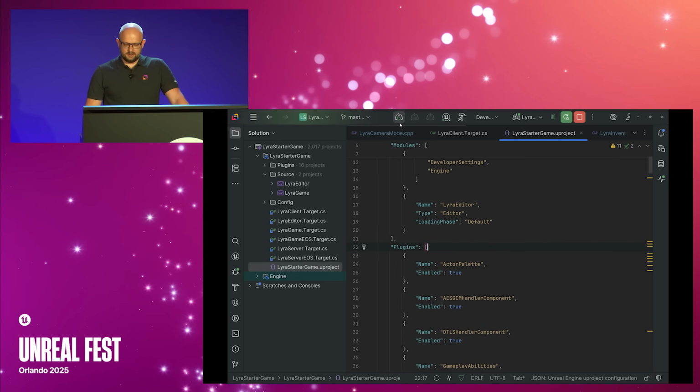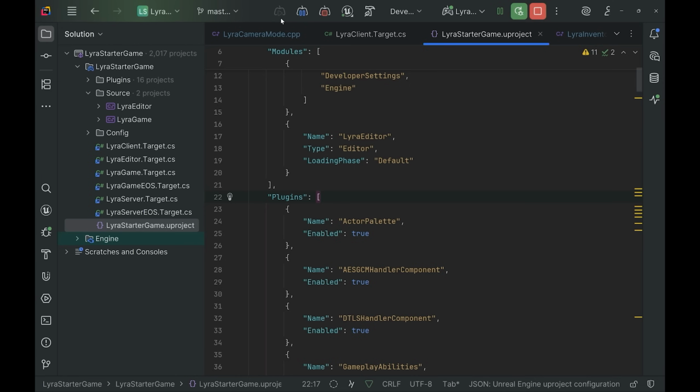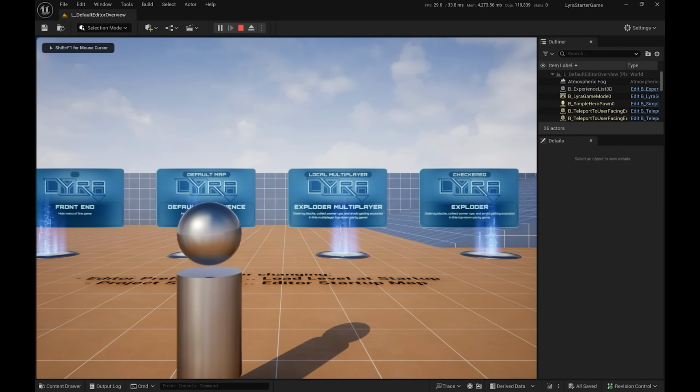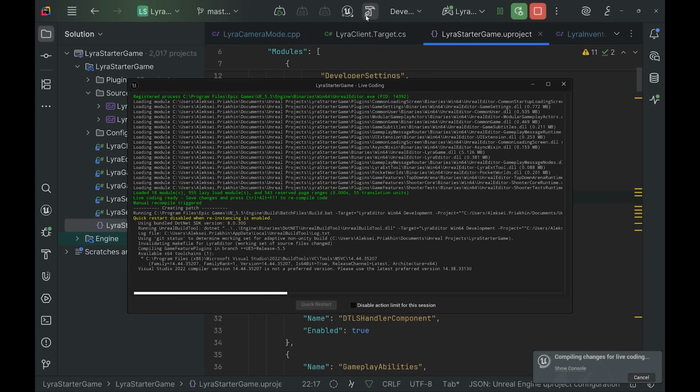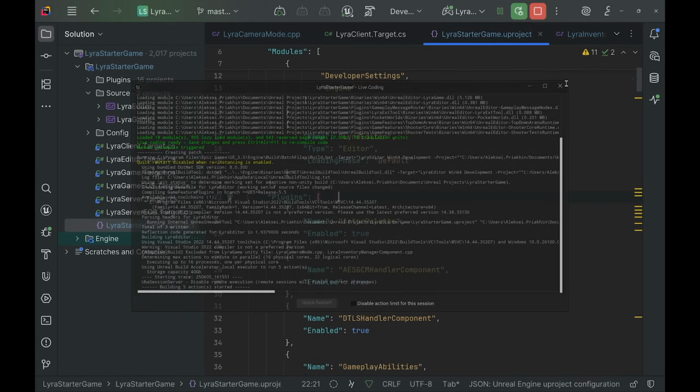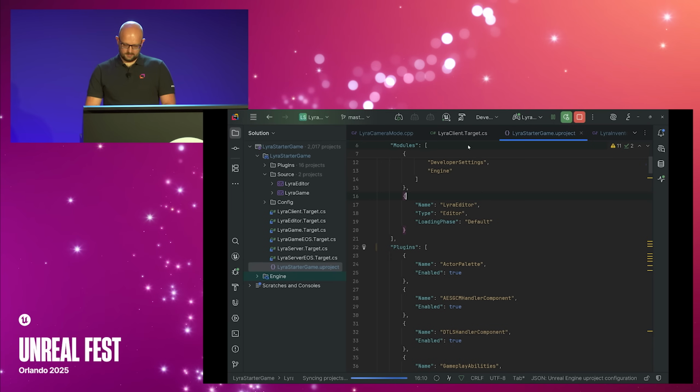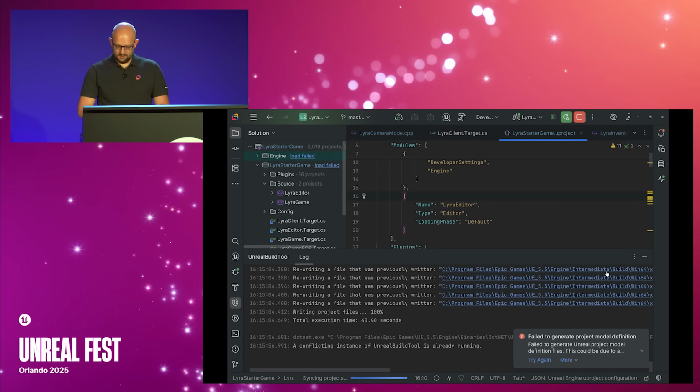Also, we support running and doing some things with the Unreal Editor. From Rider, you can play the open scene right now. As I push play, as you can see, we are in play mode right now. And I can stop, pause, or even use the smart build button. If Unreal Editor is started, it calls live editing. If not, we call Unreal Build Tool directly. Okay, and you can see we built, and